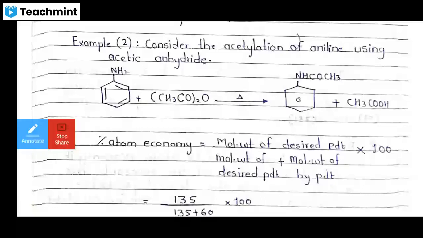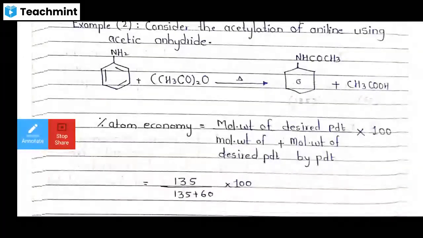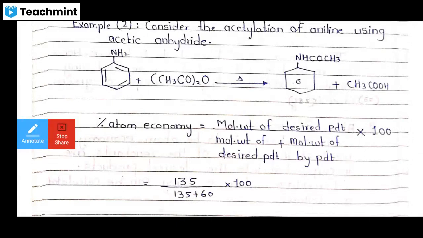So this acetic anhydride acts on the NH2 groups and blocks the NH2 group and forms the amide type of linkage. Okay. So here from the reactant we will get the product, along with the acetic acid. If you calculate the molecular weight of the acetic acid, which is 60, and the molecular weight of the desired product, it is 135, and perform the percentage atom economy, which is equal to molecular weight of the desired product,